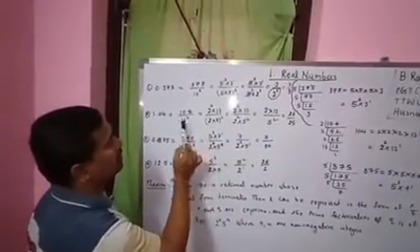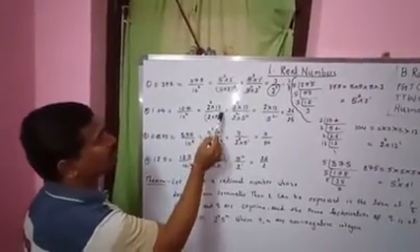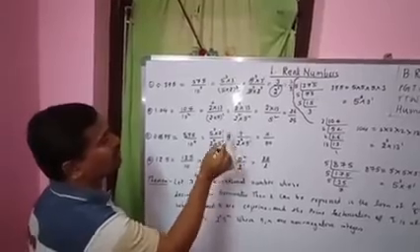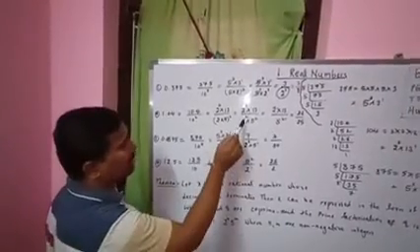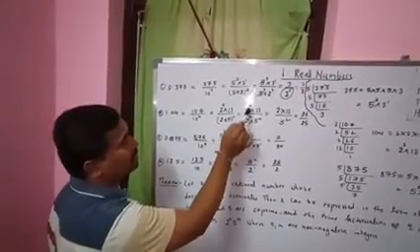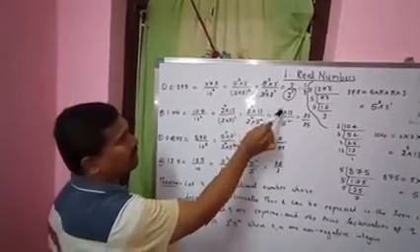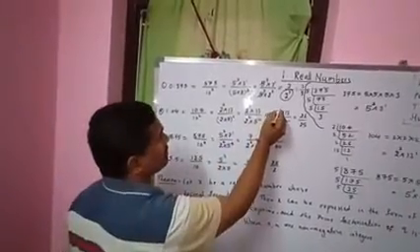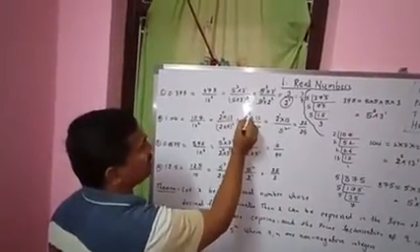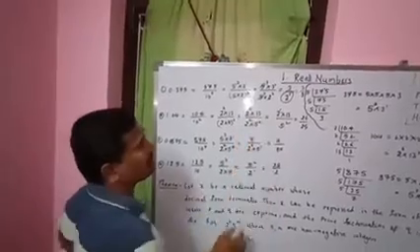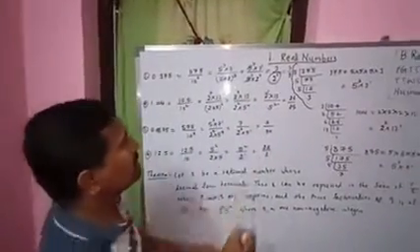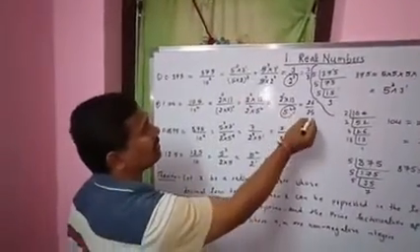So here 10 can be written as 2 into 5, so 10 square is 2 square, 5 square. So take 2 power 2 from the numerator, that is 2 power 3 minus 2, that is 2 power 1. Okay, are you getting it? 2 goes to the numerator, 3 minus 2, 3 minus 2 is 1. Now 5 square. See the denominator 5 square, 25.